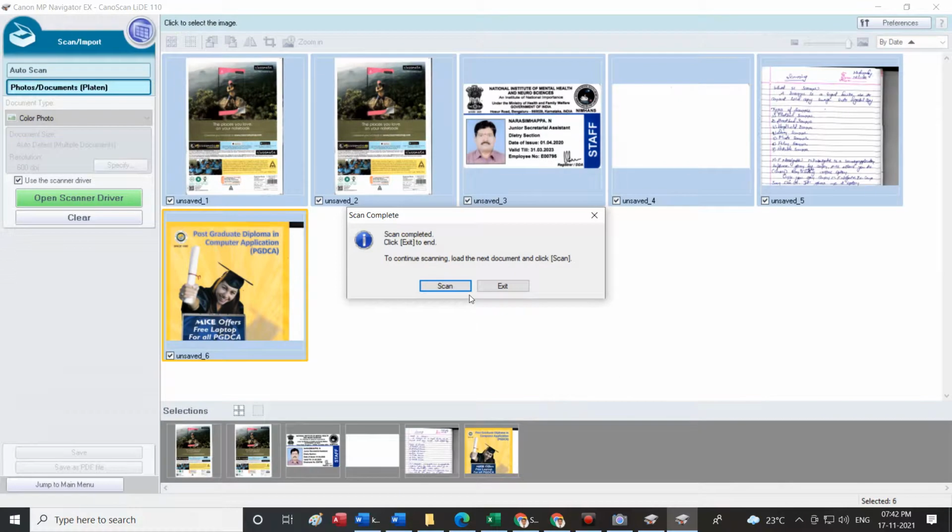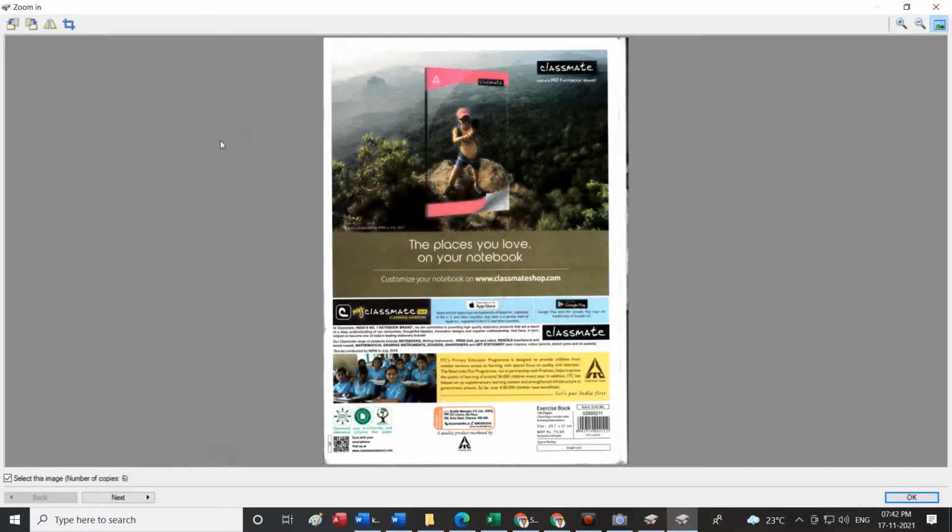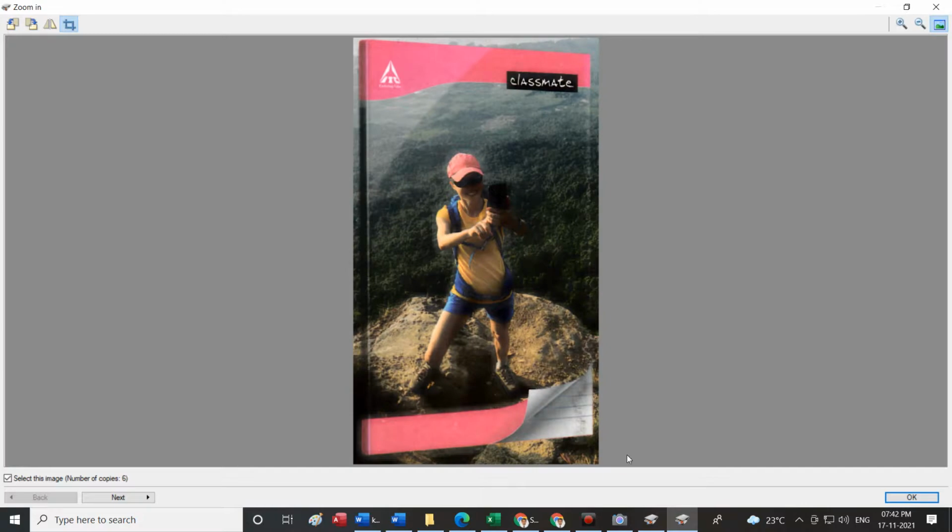You can crop. I'll open this one. Maybe in this one my interest was to only scan this lady here. I can use a crop option, what we have used in MS Word, in MS Paint, when it comes to image editing. I can crop whatever is relevant for me. I'll say okay, only that portion of the image I can start using.